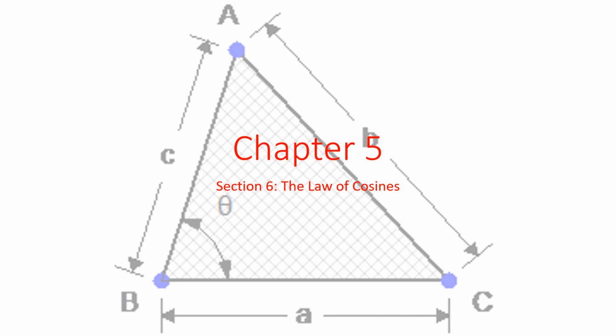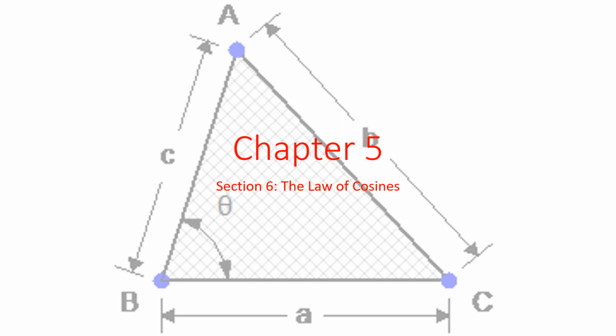Welcome back to the sixth and final section of Chapter 5. In this section, we will be looking at the law of cosines, in addition to a couple new area formulas for triangles. In the last section, we saw law of sines, which helped us solve some